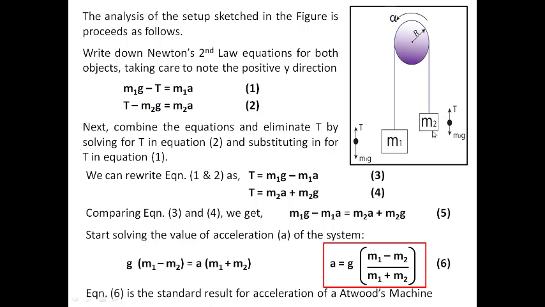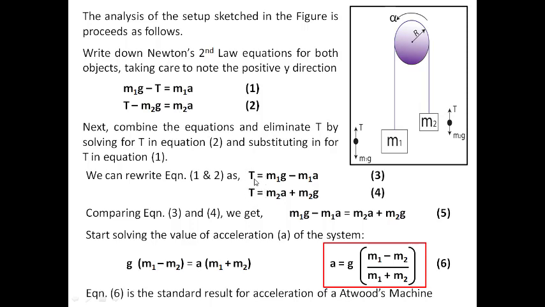If you apply the same case to M2, tension T minus M2g is equal to M2 into a. In these two cases, tension T is constant. So you already set the values here. This is a condition that you are applying. In an Atwood machine, if you maintain a frictionless pulley, the tension is constant throughout the string. So by using equations 1 and 2, you can solve for T.